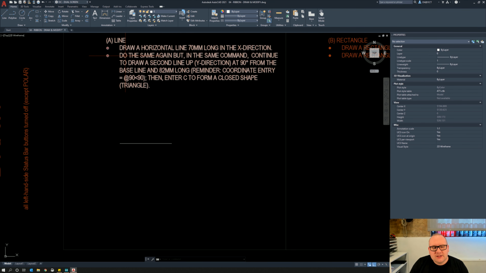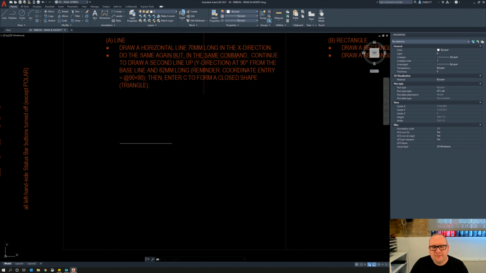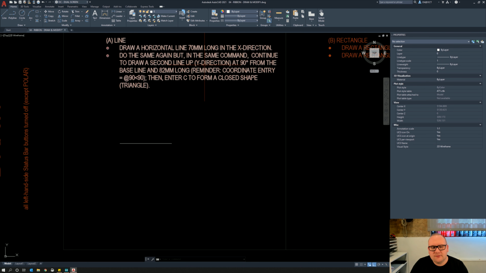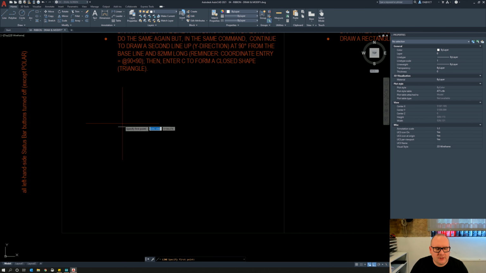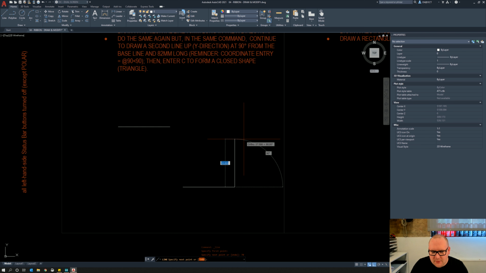So the second part of this exercise is to do the same again. Continue to draw a second line vertically in the Y direction at 90 degrees. That covers it. 82 millimeters long. So I'm going to start the line command. I'm going to go 70. And then since I've got ortho mode on, which is F8 for those who don't remember, I'm going to go